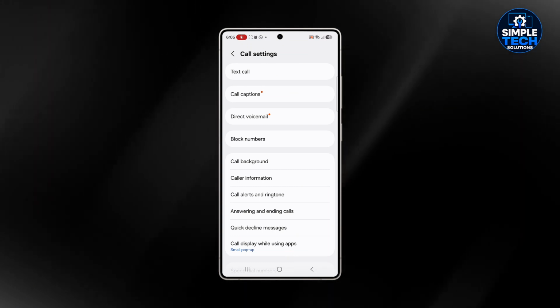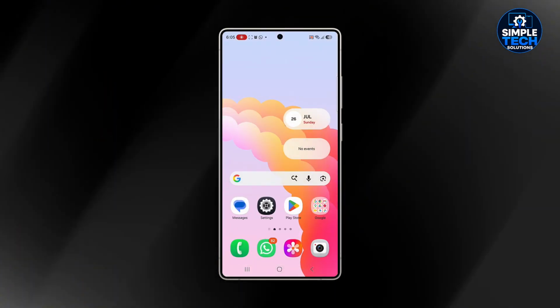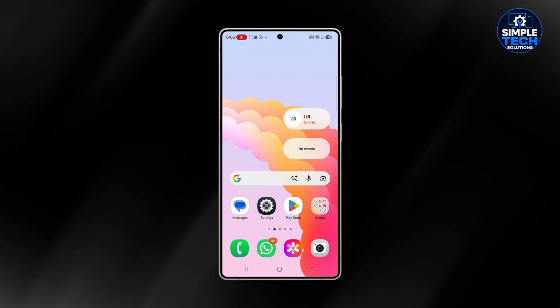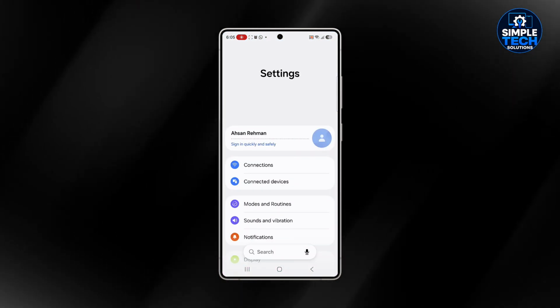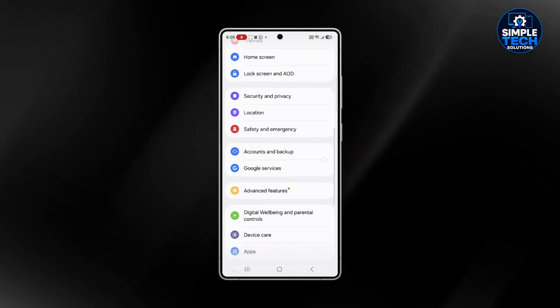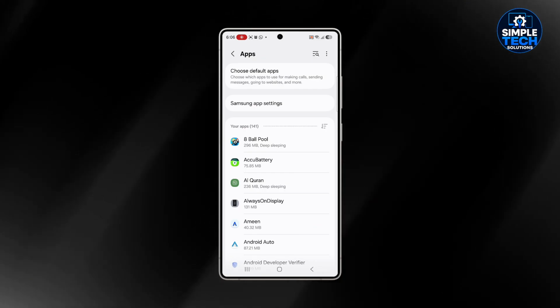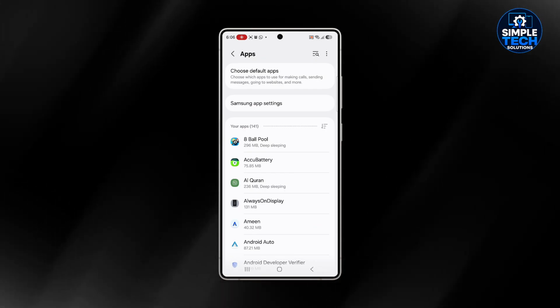Next thing you want to do is clear the cache in your messages app. Just go to settings, go to apps, and go to messages. Search for messages.